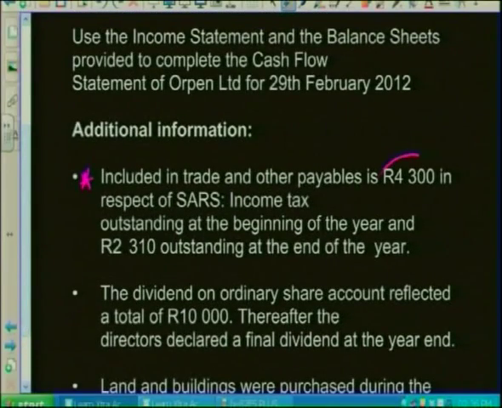So I've got 4,300 that is included in trade and other payables, in respect of SARS outstanding at the beginning of the year. So this was outstanding since 2011. And then I've got an amount of 2,310 Rand that is outstanding for 2012 at the end of the year,